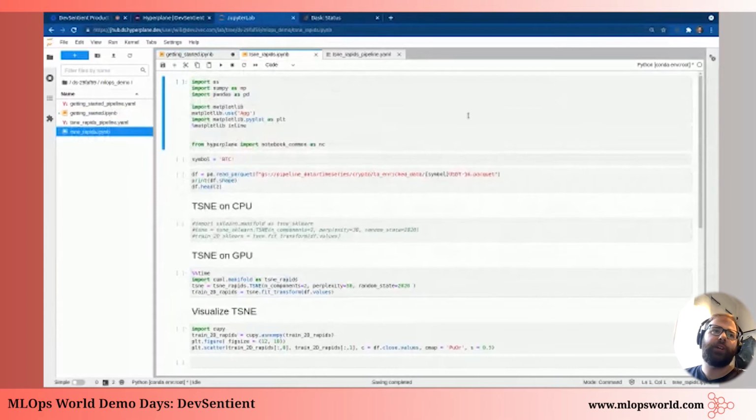The second demo I'm going to show is related to running something called TSNE. TSNE is a dimensionality reduction technique, and it's particularly well suited for visualizing high dimensional data sets. I'm going to show you how fast it is to run this on the GPU. And when it comes to Hyperplane, and more generally in GPU accelerated workloads,